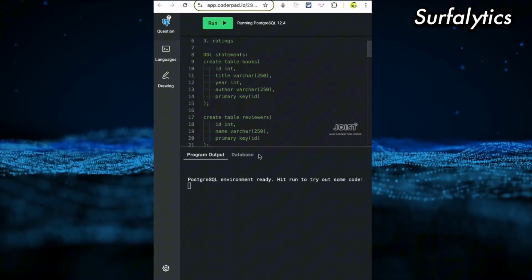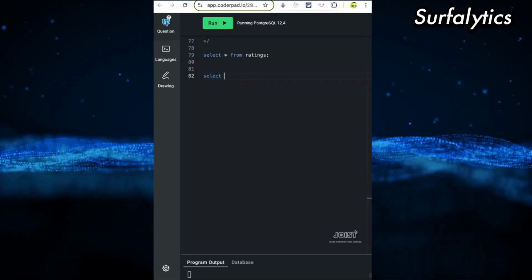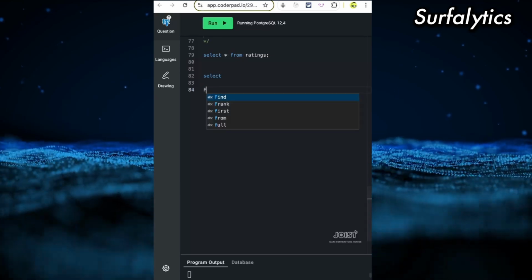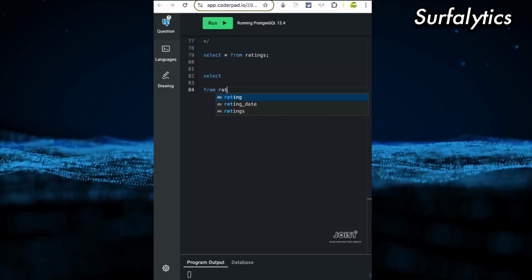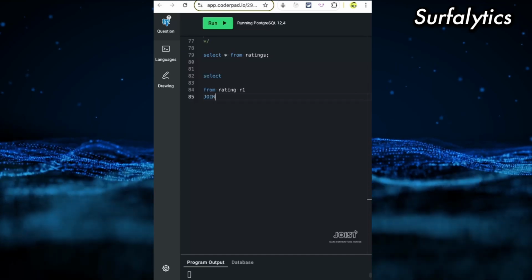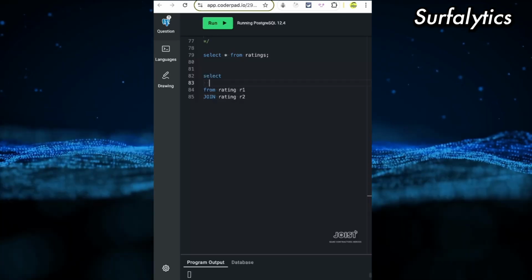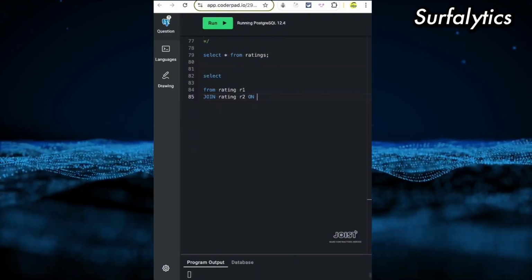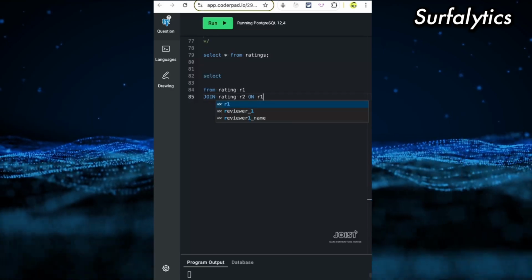I can run here. Yeah, select. For example, if I need from ratings, from reviews, rating, it could be R1 and join rating R2, and I need on, if I want to add by, for example, book ID and also reviewer ID.